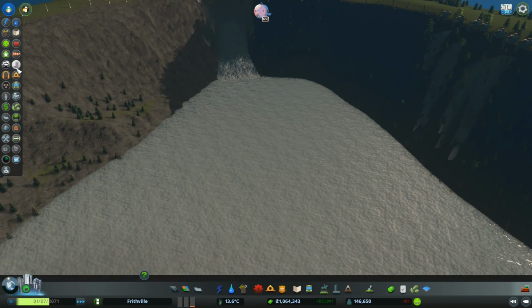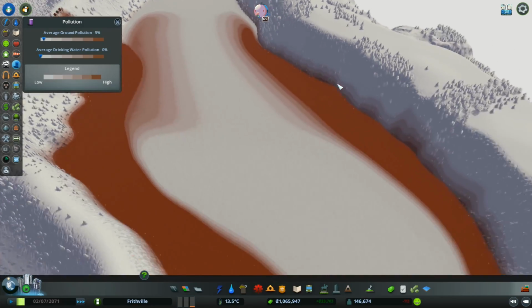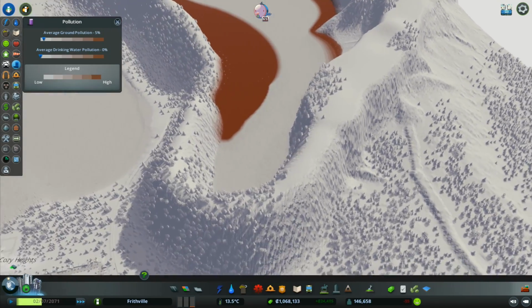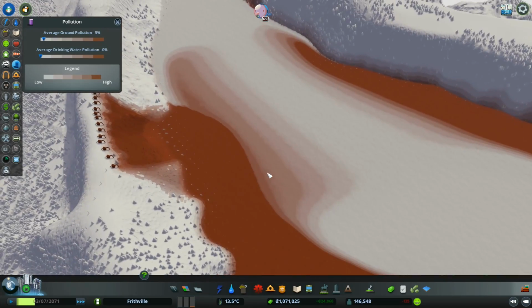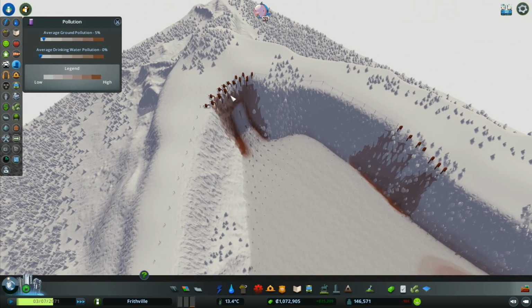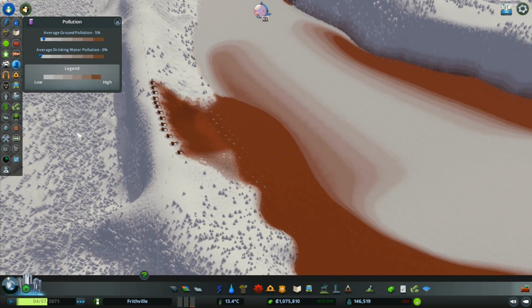So if we just take a quick look at the pollution. Pollution practically disappeared off of here. We got one line coming around there. But it's almost disappeared off of the map. And I love the way that this is now spreading out a lot more. But, yeah, I lost power up there, so our pollution levels have drastically changed. We're going to have to keep an eye on that. I don't want to be...